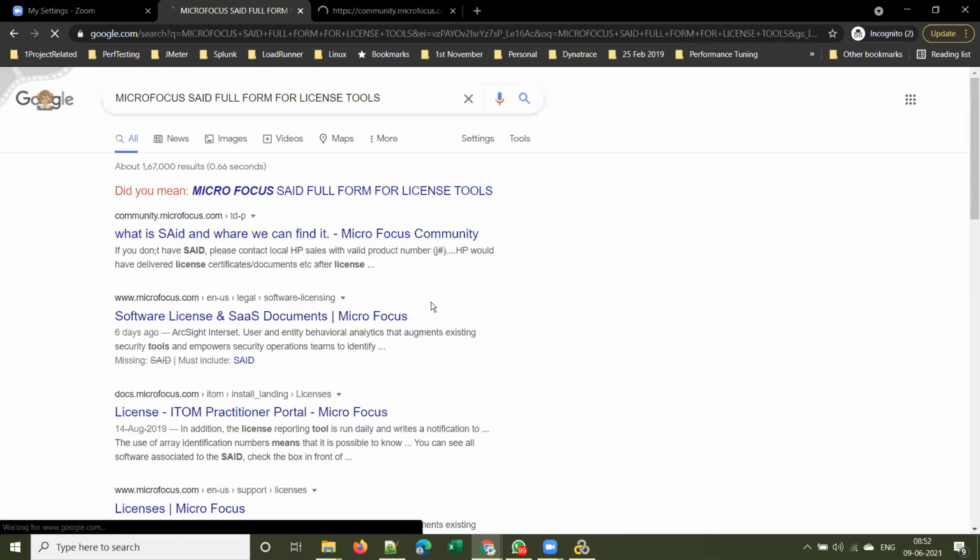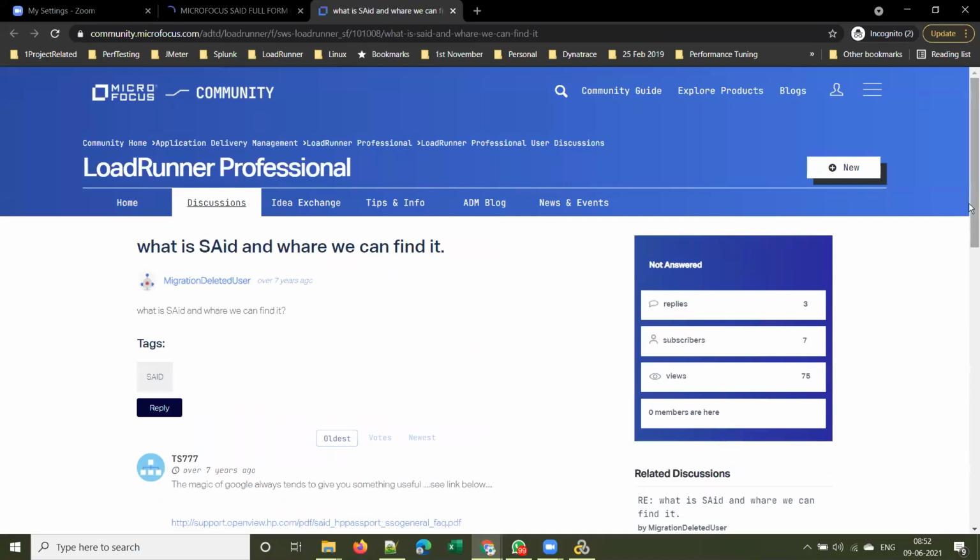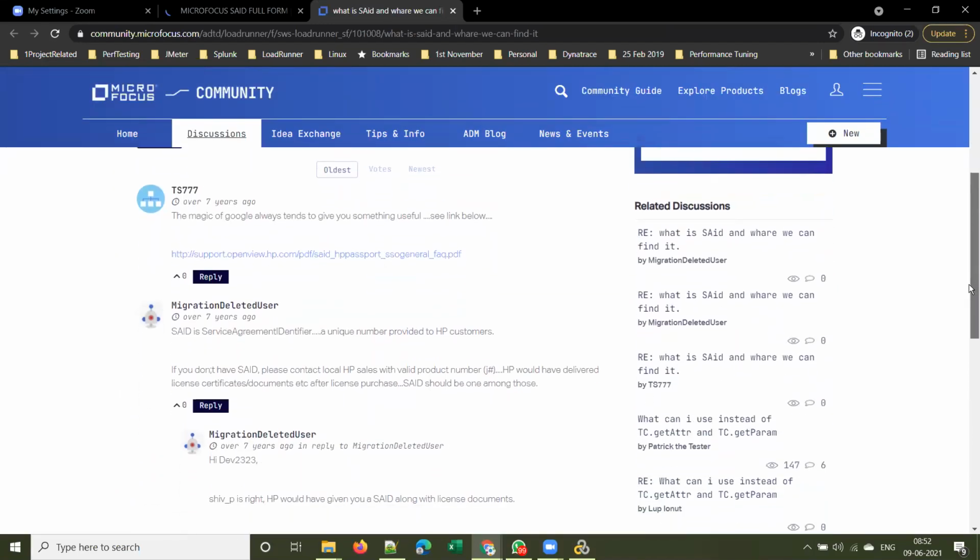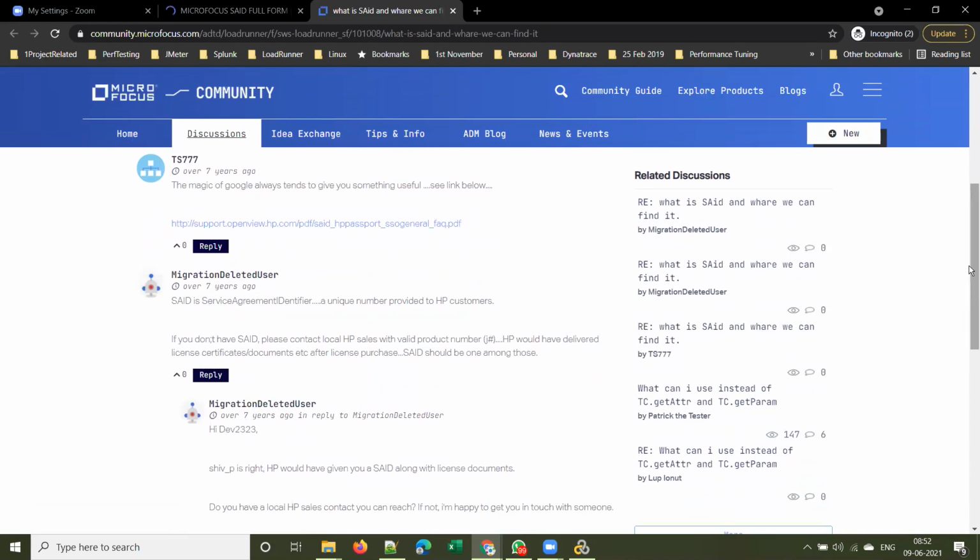So what is SAID? Let me show you that. Yeah, so here it is. Service agreement identifier. SAID is nothing but service agreement identifier,